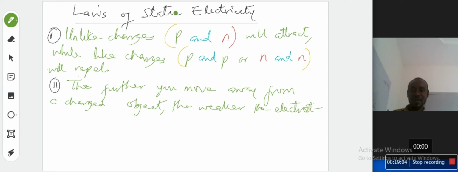In fact, at higher level, we say it obeys the law of inverse proportion, because the further you move away from it, the strength reduces by square of the distance apart. Anyway, we'll talk about that at higher level. The further you move away from a charged object, the weaker the electrostatic force. All right,